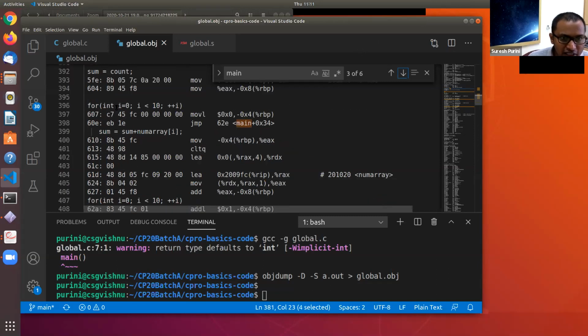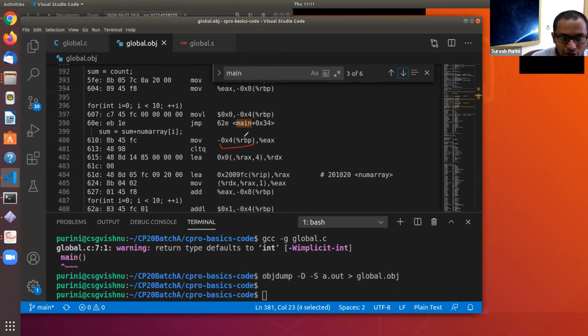And you can see this is the for loop, and just look at sum is equal to sum plus num array of 5. And I is a local variable. Since I is a local variable, it is also allocated memory on the stack, and it is accessed using a certain offset from the base pointer register.